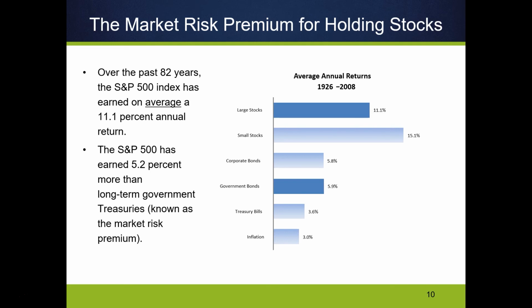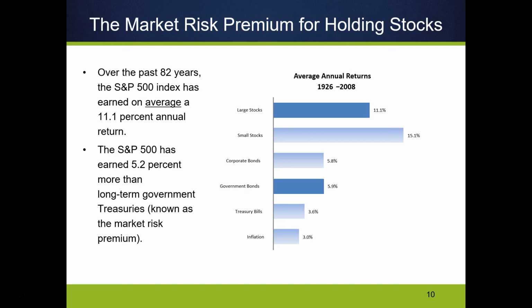And that's why I like to use the average return for all companies, but that is also sort of up for discussion. Then we can see corporate debt has an average return of like 5.8%, government bonds of 5.9%, Treasury bills, these are short-term government bonds, so long-term government bonds have higher rates. Short-term T-bills have much lower rates, inflation about 3% over the last 100 years.